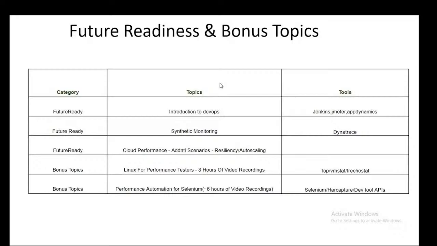Okay, and synthetic monitoring as well, from an SRE or shift-right perspective that happens in production. We'll use Dynatrace to understand the concept of synthetic monitoring, how to create the synthetic scripts, how to configure it, and what all to look into. Okay, that we'll also look into. And then more from the cloud, where everywhere